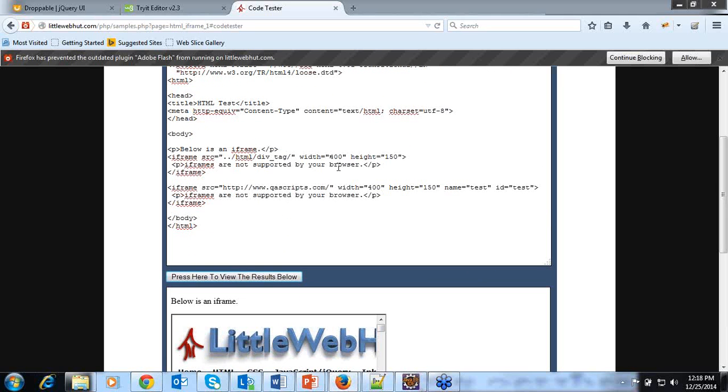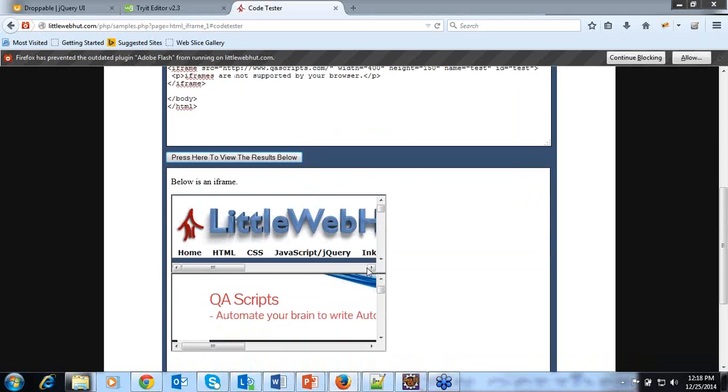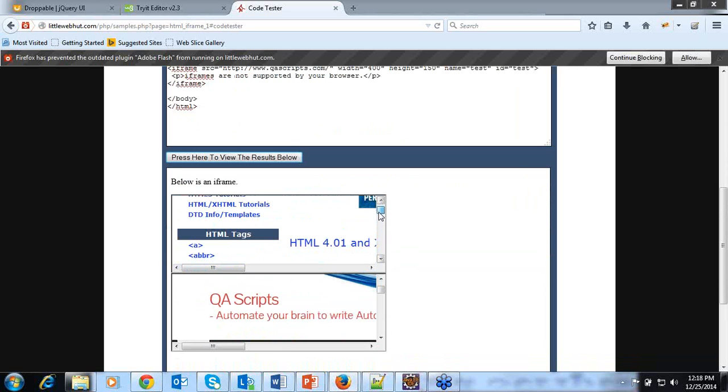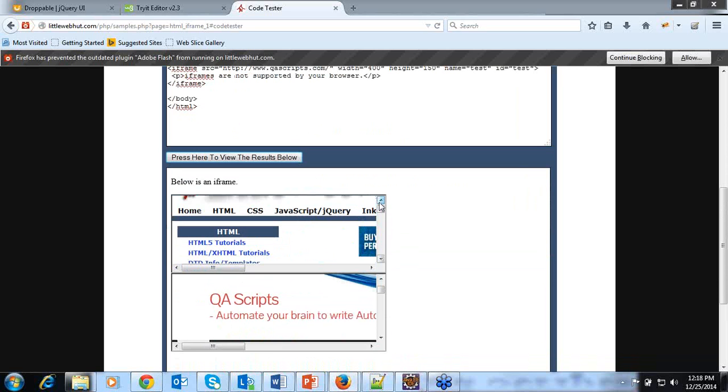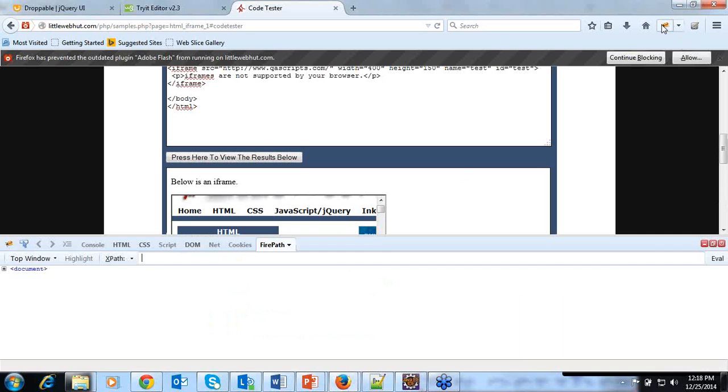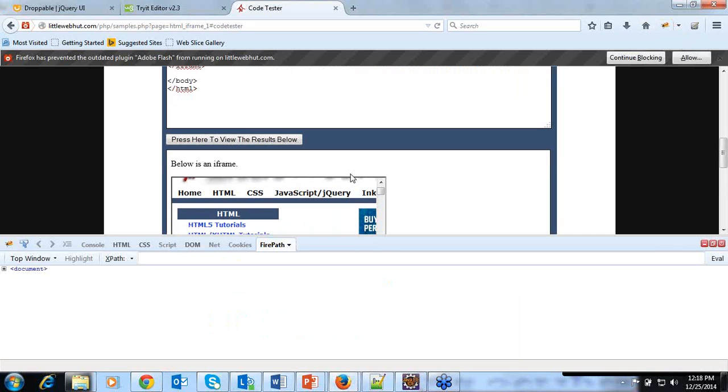In this case, if you want to identify any elements, for example, let me try to identify an element called HTML5 tutorials. Let me use Firebug, and let's try to identify that link.